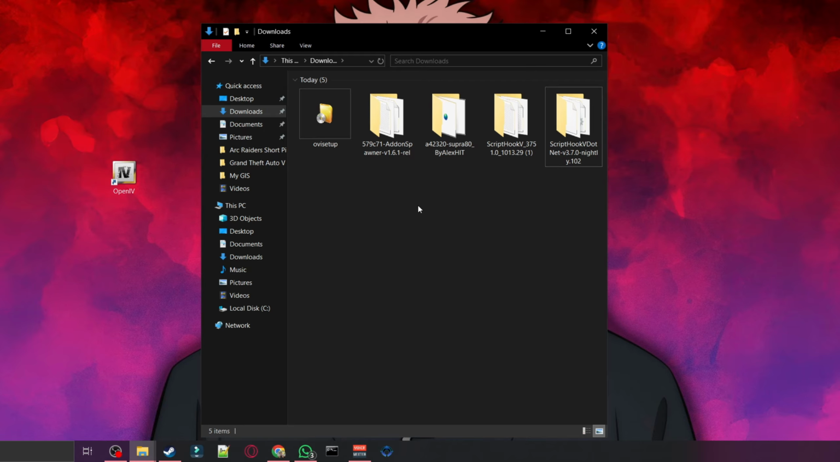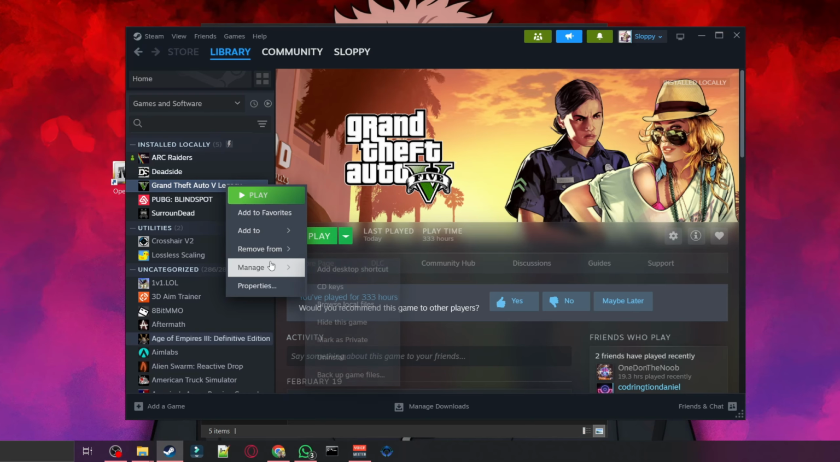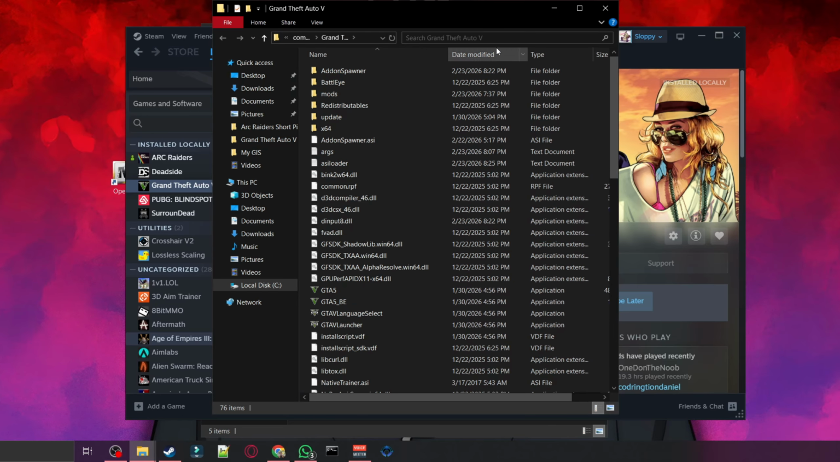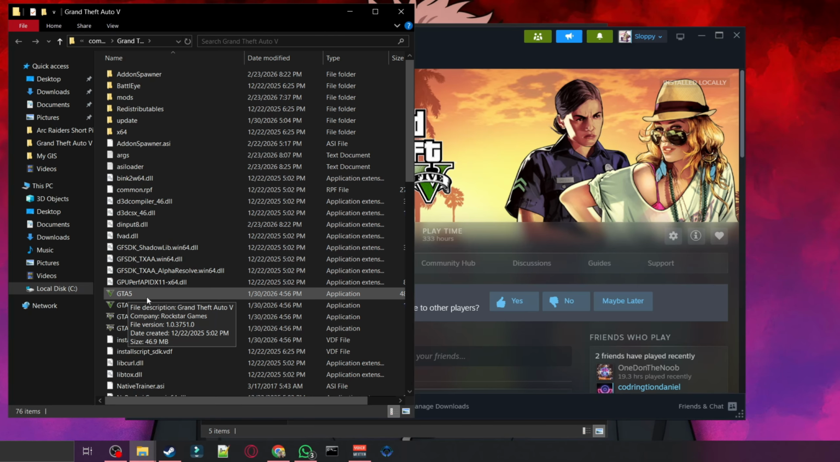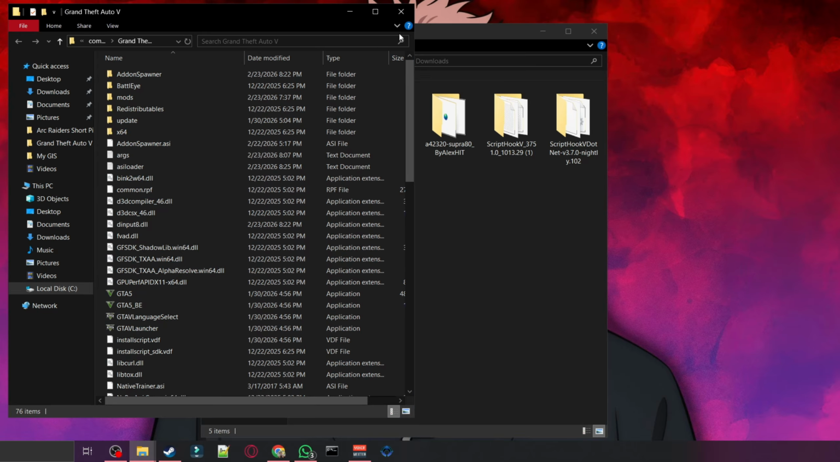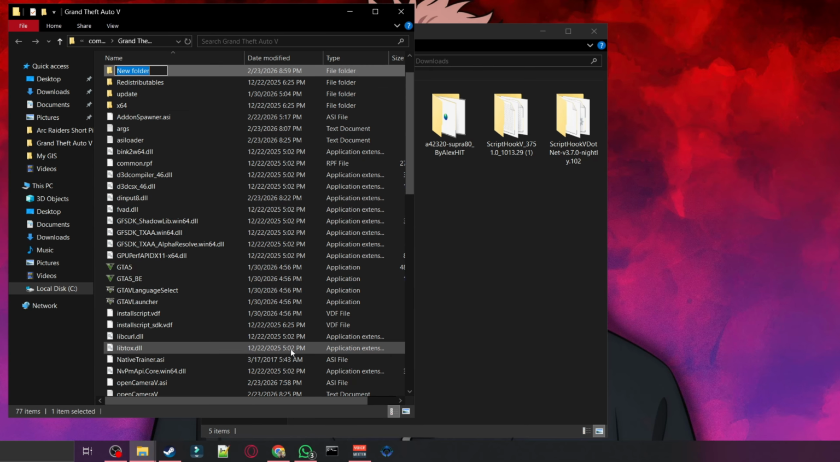Next, we're going to locate the main game directory for GTA. I'm using the one on Steam, so I'm going to right click on GTA, manage and browse local files. Now, once this folder opens up that contains the GTA 5 exe, this is the main game directory. Next, what you're going to want to do is create a folder called mods. So you're going to right click on an empty space, go to new and create a new folder and call